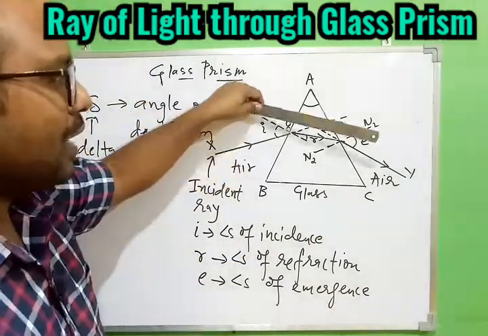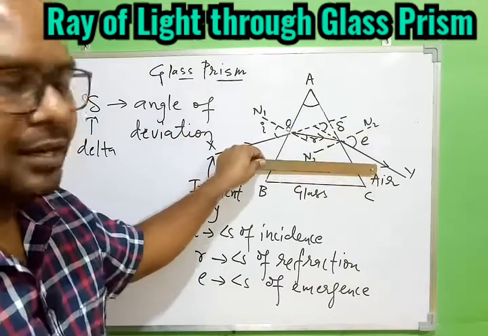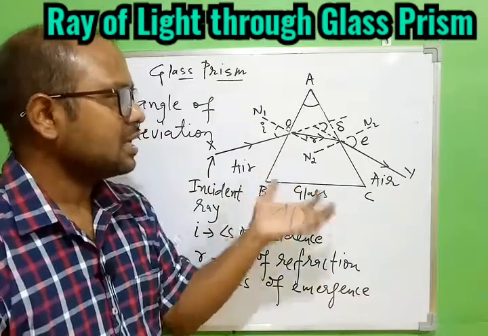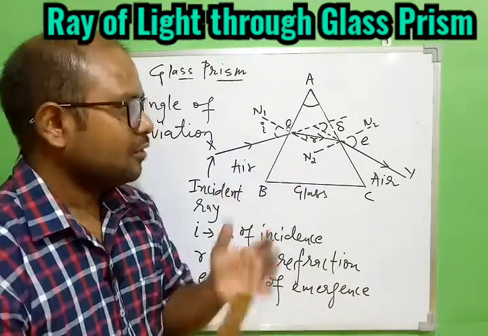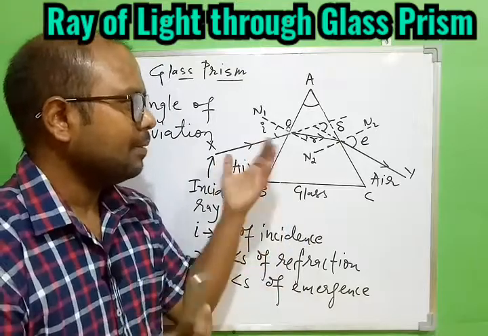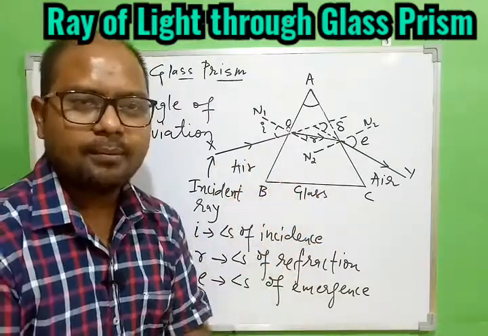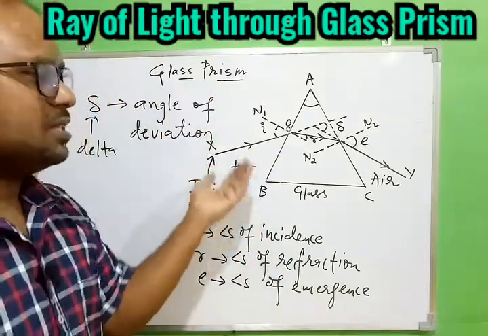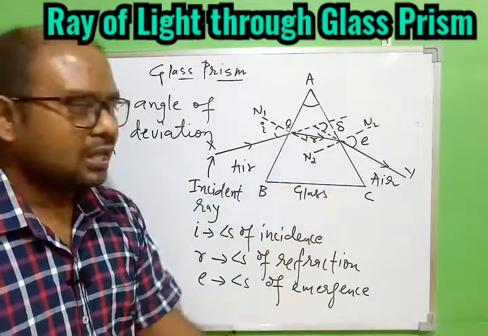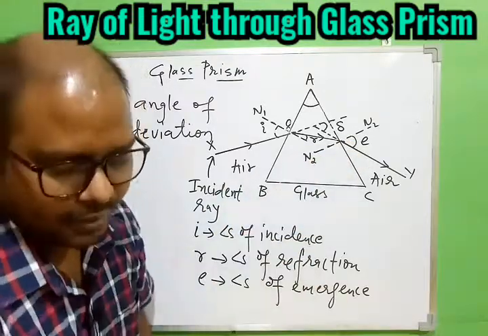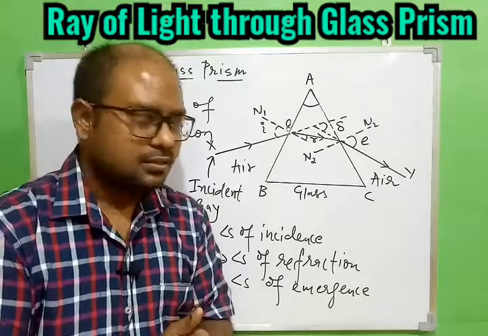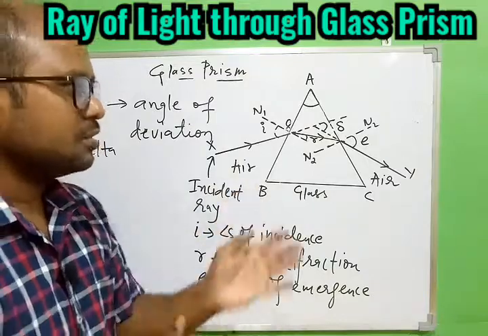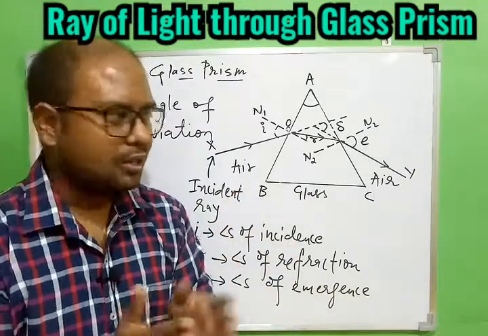And one more thing is this refracted ray may not be parallel to the base also, so that is also possible. We need to understand that in this case it is possible that the ray of light may not be parallel to anything, it can be just following a particular path depending upon the angle of incidence. So whatever angle of incidence we have, accordingly the angle of refraction will be there, and accordingly we have angle of emergence. But how they are related with each other, how the angle of deviation depends upon the other angles or the prism, that is again done in class 12th, not in class 10th.